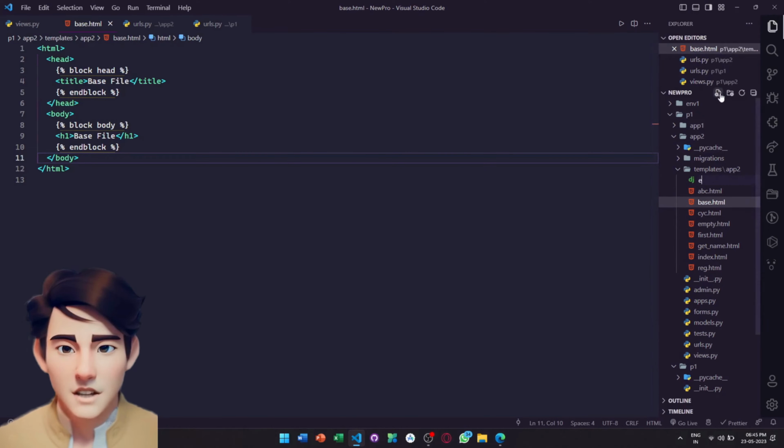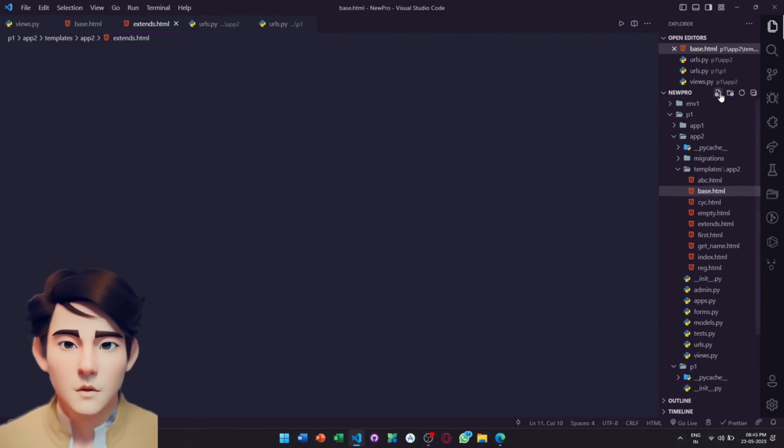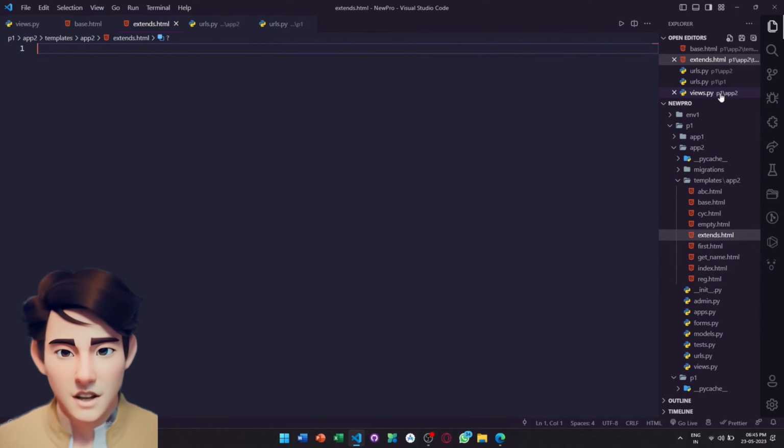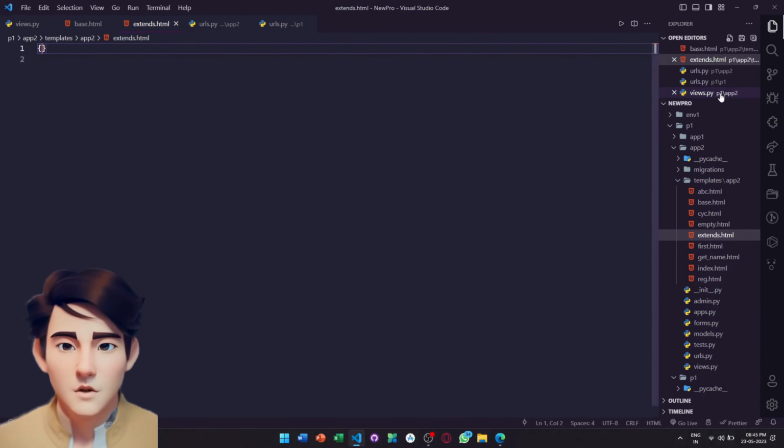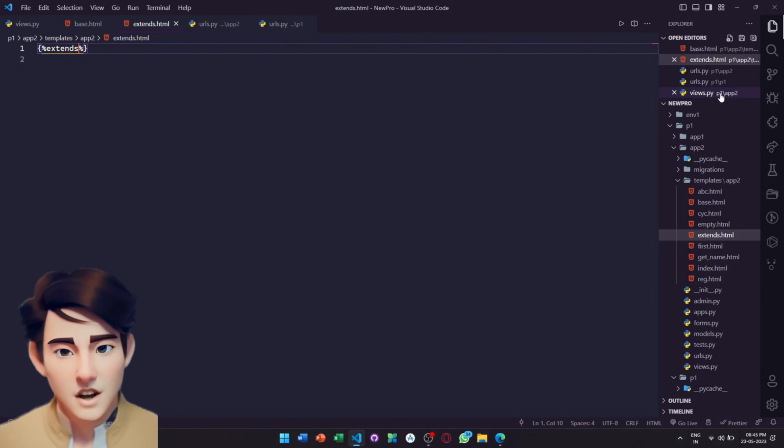Finally, we create extends.html file and add extends tag with base.html file included and see this code carefully. In this block title and block head we override the content of the base.html file, and when we run this code we show the output of the extends.html